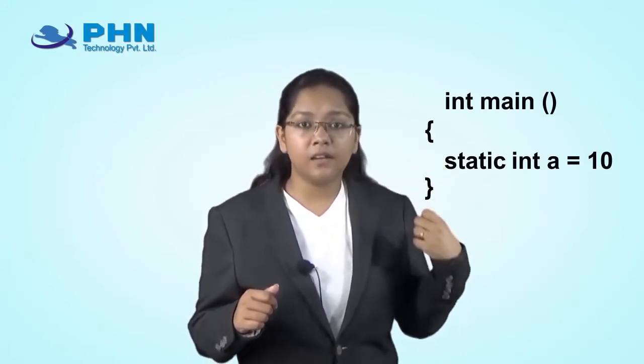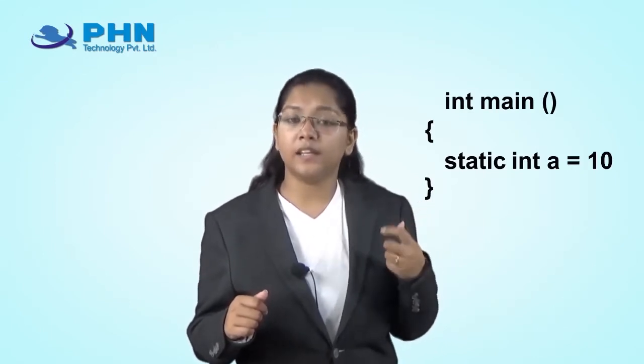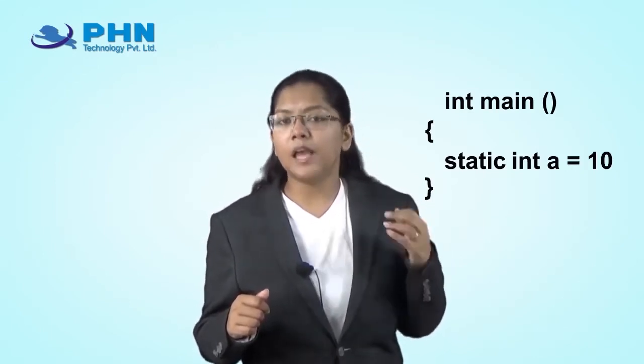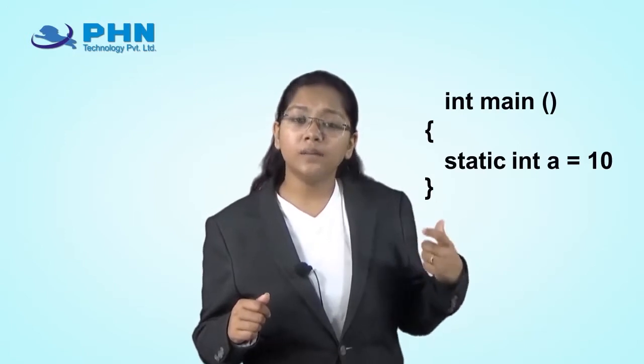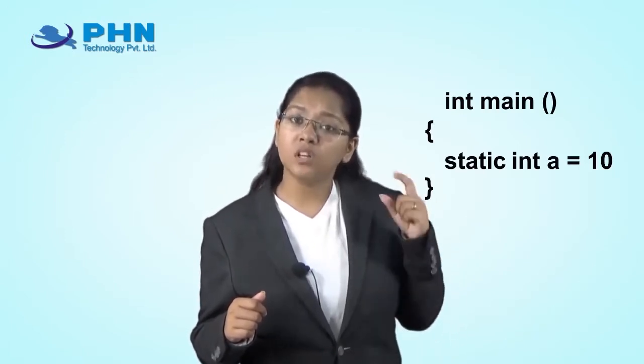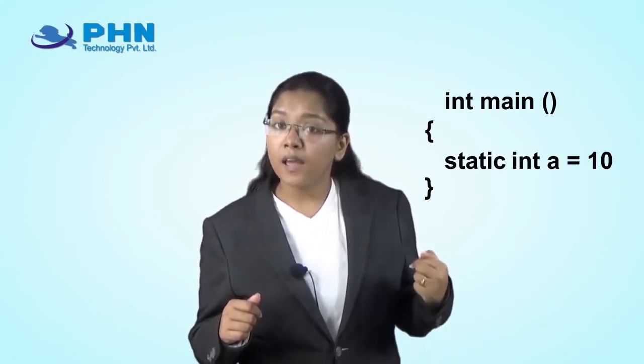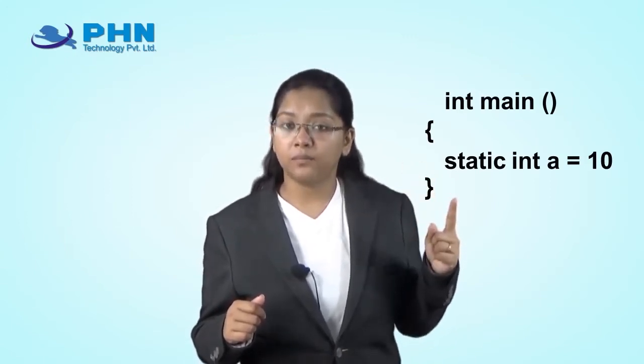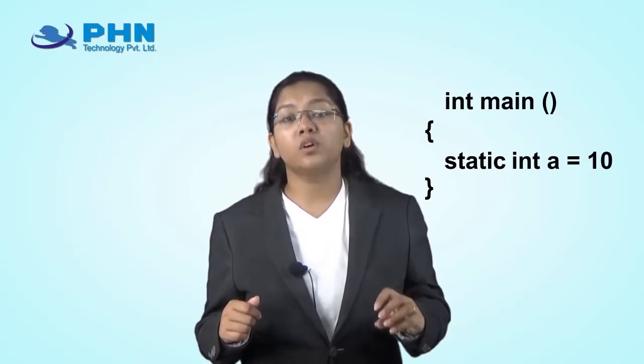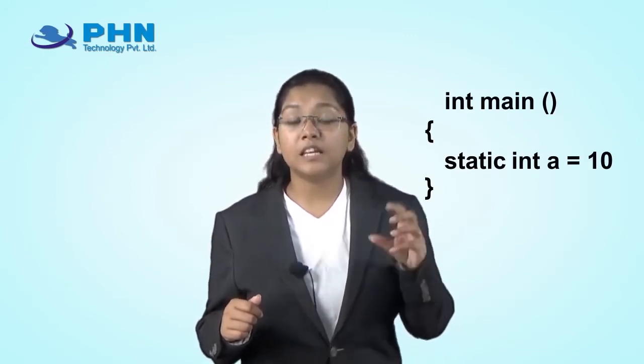Whether it be, let's add a function that is void add, then add a void sum, any functions. In these functions also, this variable a is going to be accessible. Why? Because it is a static variable, and this is the use of the static keyword. Now similarly, I have added a static keyword to the variable, and hence it became a static variable.